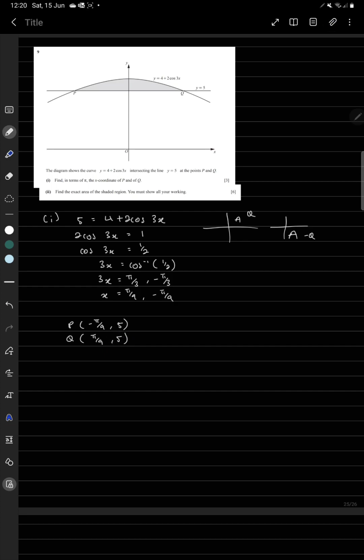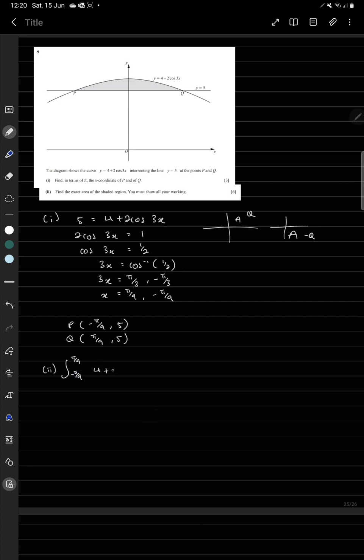Now let's move on to the next part. Our next part is a 6 mark question. That's a very big one. Now we want to find the exact area of the shaded region. You must show all your working. Now we're going to be dealing with integration here, and a good thing is that we've already found the x coordinates of the intersection points P and Q. So I can write that down as pi over 9 and negative pi over 9 as the limits,